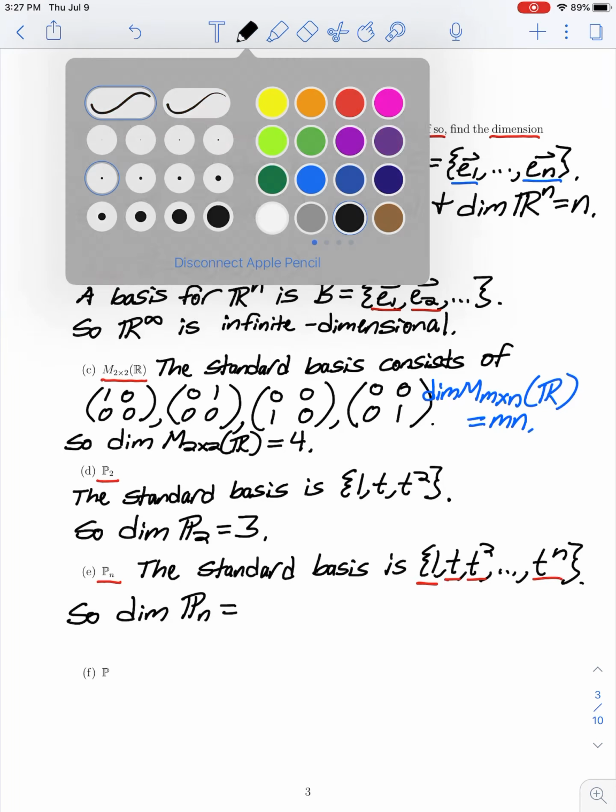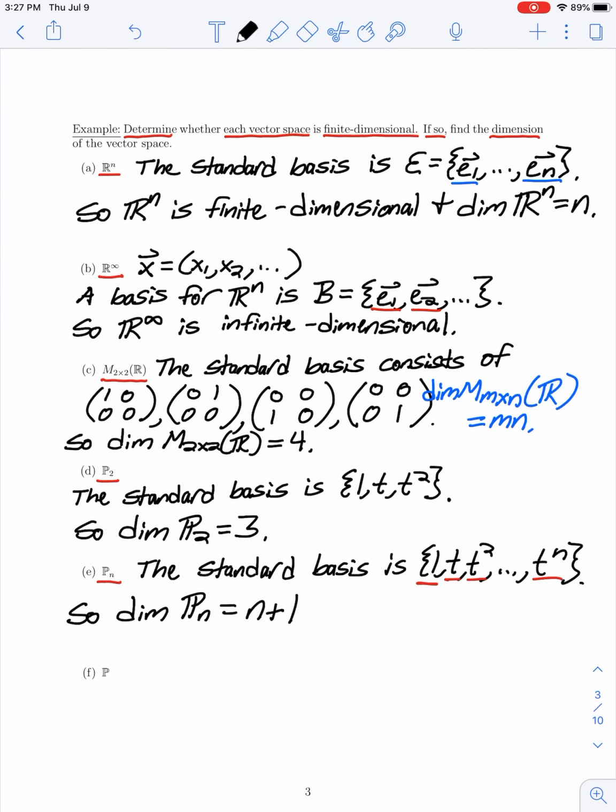So we've got a total of n plus 1 vectors within our basis, so that number is the dimension of this vector space. So in our last one, part F, we have